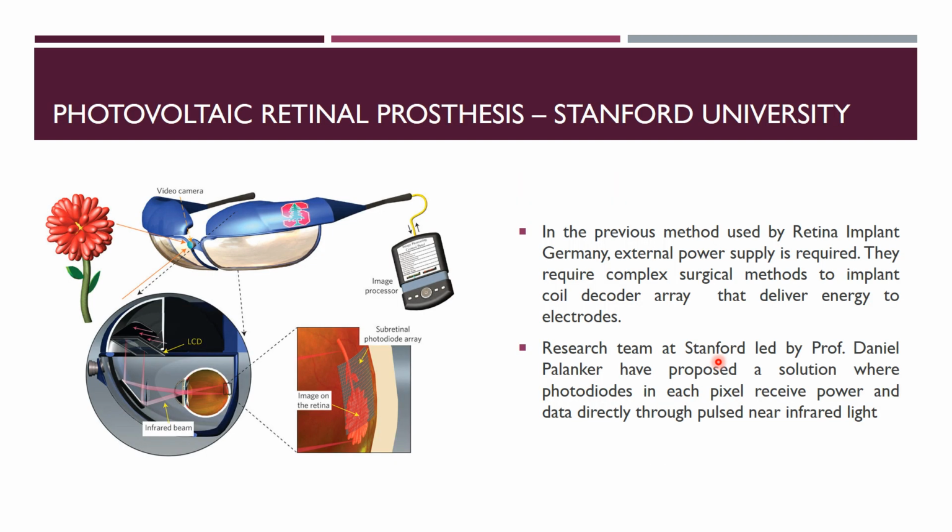So we saw how Micah was able to identify between the two different objects after being implanted with the chip from Retinal Implant Germany. In the previous method we saw that there was a need for an external power supply. So at Stanford University, Professor Daniel Palanker and his group have proposed another subretinal implant technology, which is a photovoltaic retinal prosthesis. In this, the photodiodes are directly powered through near infrared light pulses instead of getting supplied from a